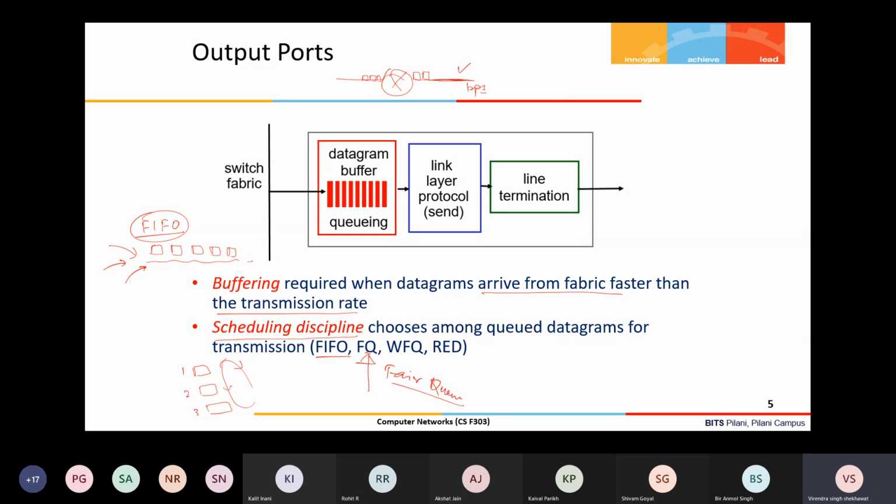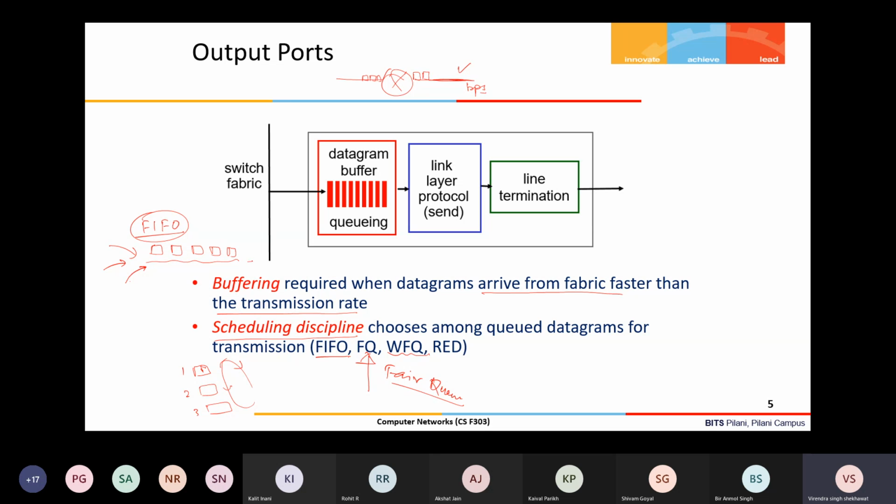Then you can achieve packet level fairness, but packet level fairness does not guarantee byte level fairness, because maybe one flow is generating smaller size packets as compared to the other flows. So there are variants of the fair queue algorithm which provide byte level fairness as well. I'm just giving some idea about that, as I said, not much detail here.